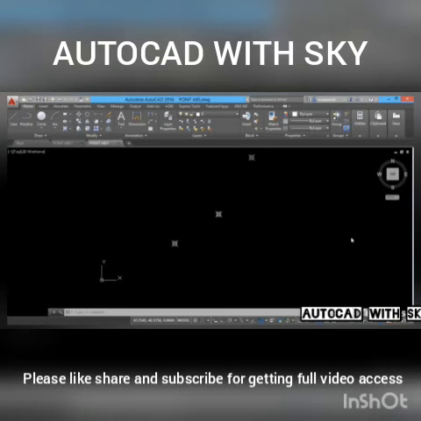Polar coordinate method can be either relative polar method or absolute polar method. Just now we have used relative polar method in which we have referred the most recently plotted point to plot the next point. That is why we have started with an @ sign. The polar method can also be absolute, in which you directly enter a distance and angle without starting with @ sign. Let's see an example.